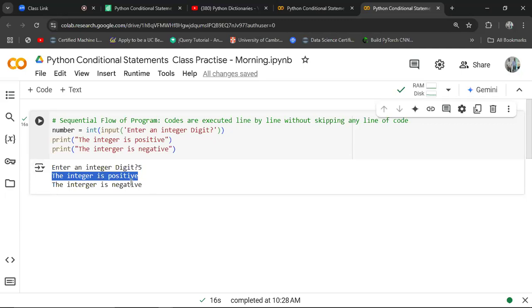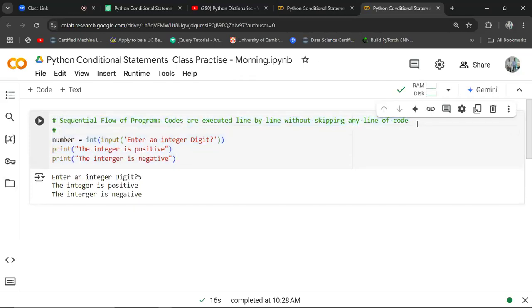We want to control the flow of program execution based on the conditions we have, okay? So that by default, this is what happens. The program executes line by line. The first one executes, the next one executes, the third one executes. So I can actually add that in this scenario,